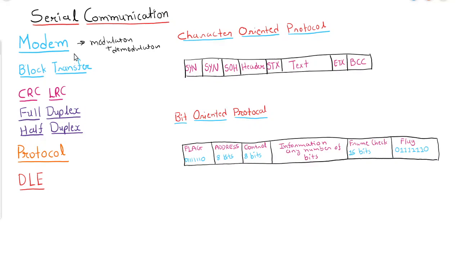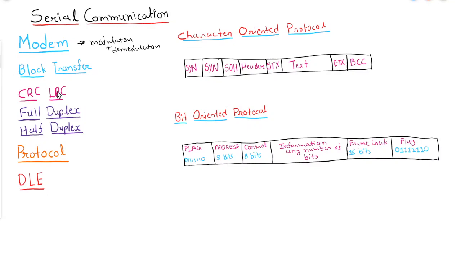Next is block transfer. Block transfer means the transfer of a large block of data. Let's say we are transferring 5 MB, 10 MB, or 100 MB; that block of data will be transferred continuously, so it is known as block transfer.